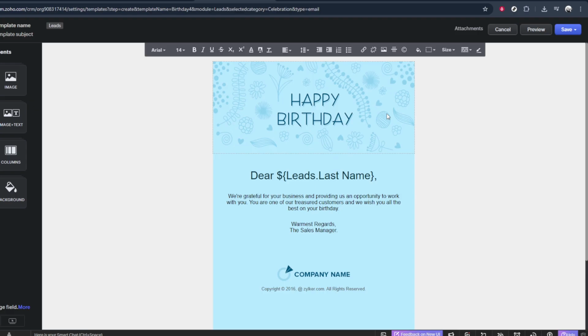From here, just follow the on-screen prompts. You'll be able to customize the subject line, edit the text, add merge fields like the lead's name, and adjust formatting, images, and links. When you're satisfied with how everything looks, save your template. It will now be available whenever you compose an email from